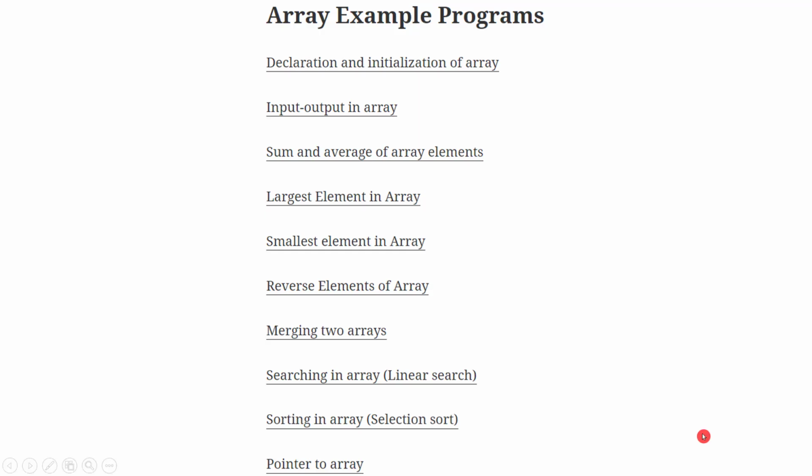So welcome back. In today's class, we will learn some problems in C++. We will focus on the problems with arrays. So we have problems for the introduction, the declaration and the initialization of the array,